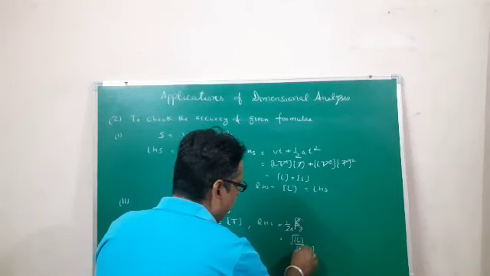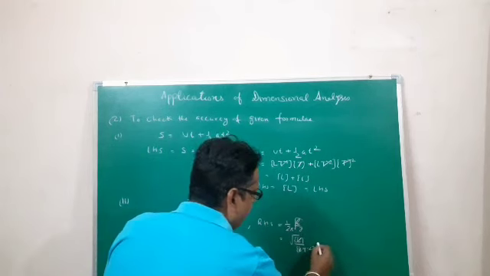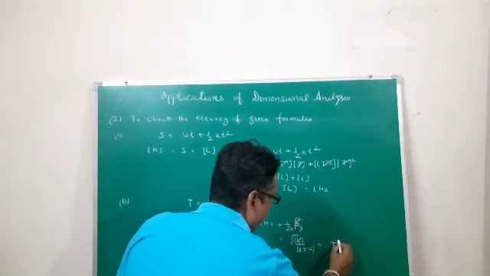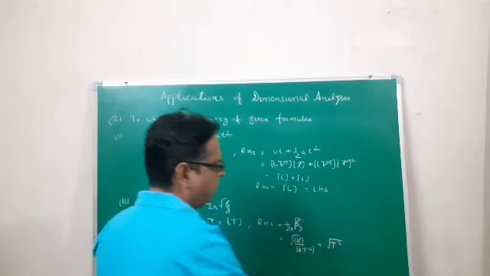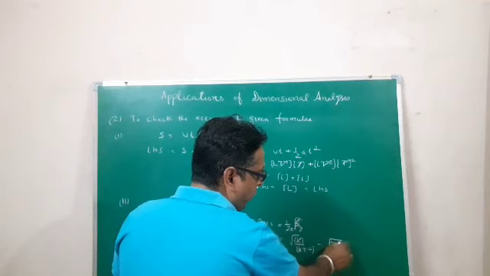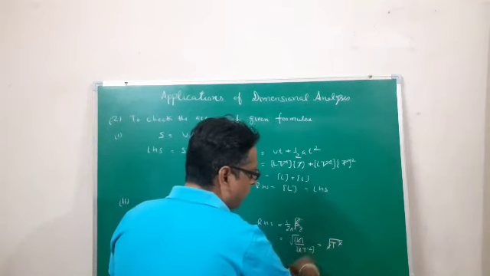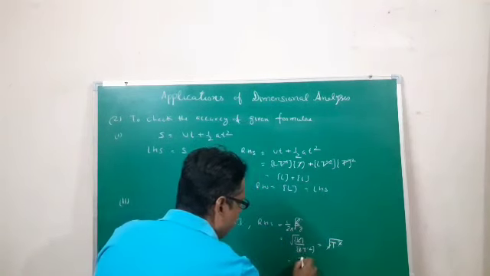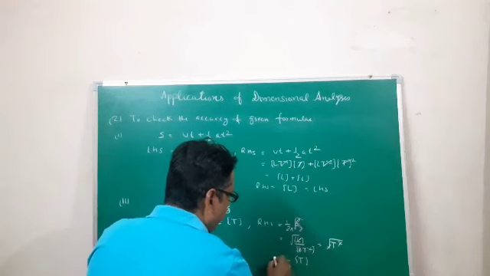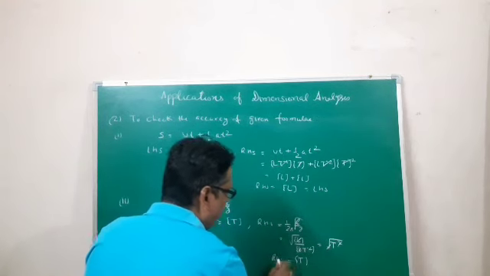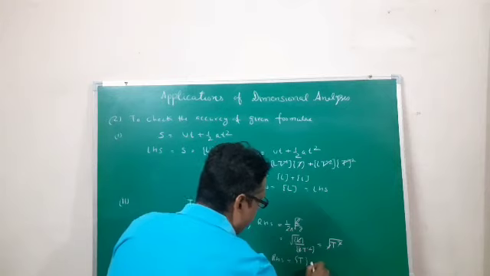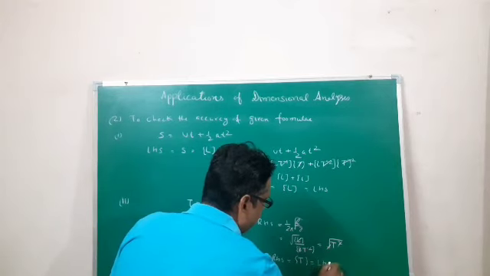So this L will be cancelled out. So this is T minus 2. So it will go to the numerator, right? And this square root and this square will be cancelled out. So what I am left with is T, right? This is our right hand side, and no doubt this is equal to left hand side.